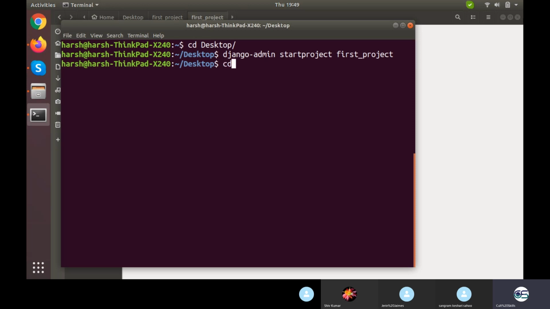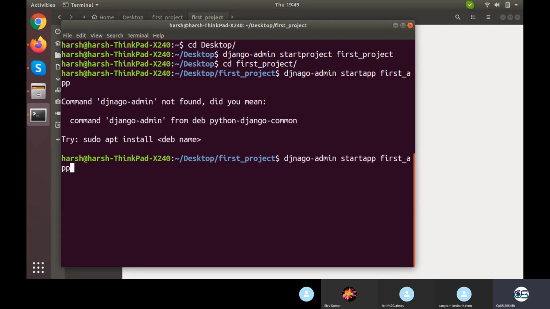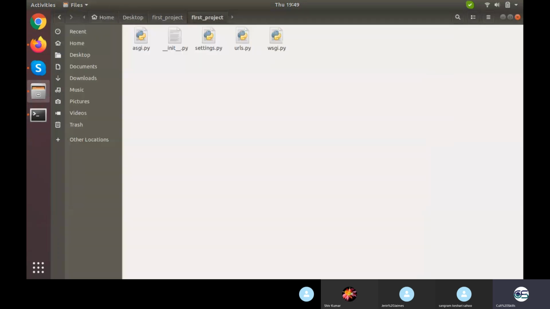What you need to do next is navigate into this particular project, cd firstproject, and make an app right here. I'll be telling you what an app is and what a project is. django-admin startapp, the name of the app would be firstapp, suppose. Django admin, not Zanago admin. So bad. Fine. So when you run it, the firstapp folder is created with again five or six files in it, a migration folder and all that. So this whole thing comes pre-installed, all the Python files, the migration folder, init.py. I'll be explaining each and every single thing of them, but for now your task is to do this.